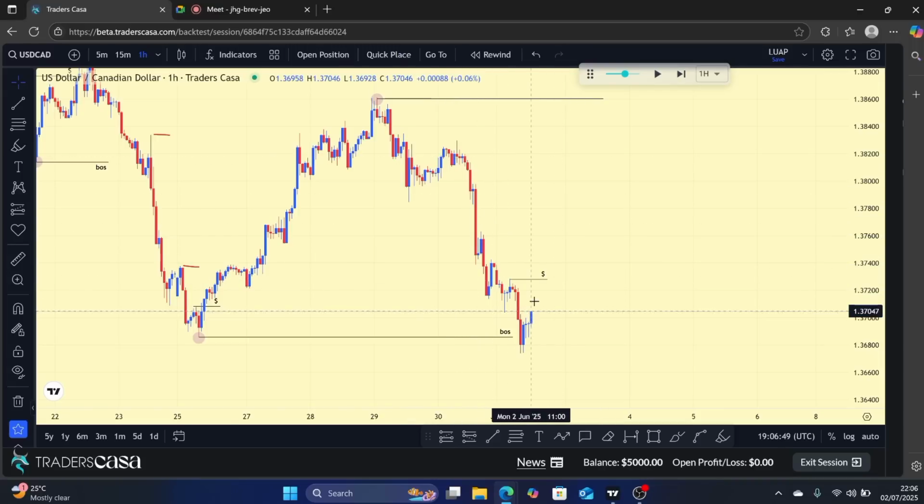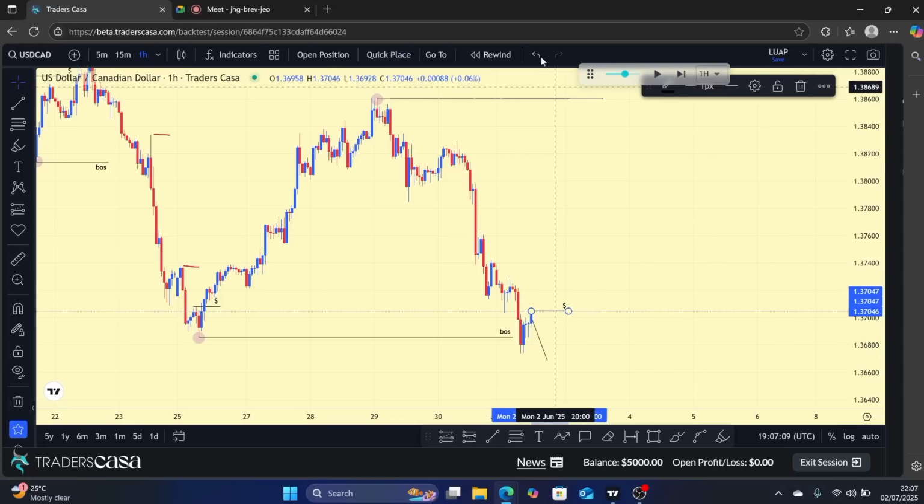So right now, if price reverses and takes out this recent valid pullback high, this one here is a confirmed swing point. And if price reverses now and creates a valid pullback, then I will need to shift to the recent valid pullback that price has created. Right, so I hope